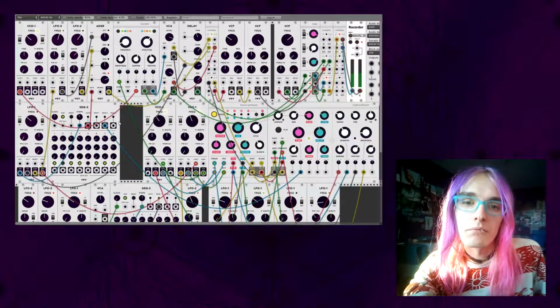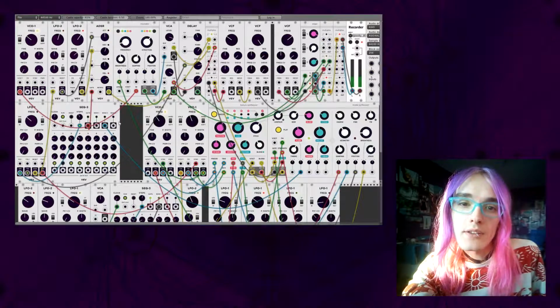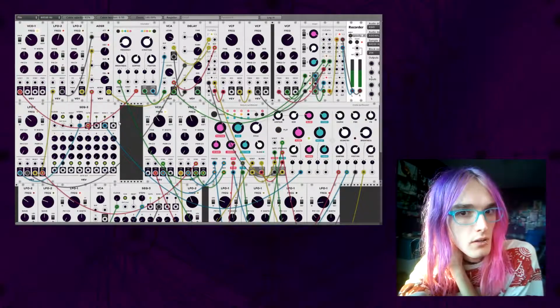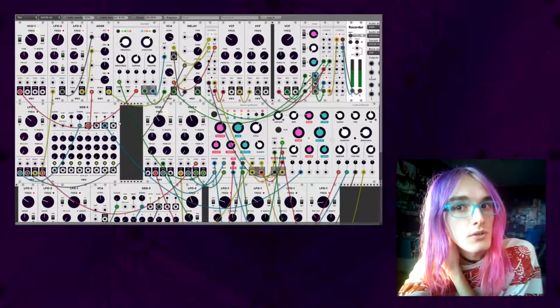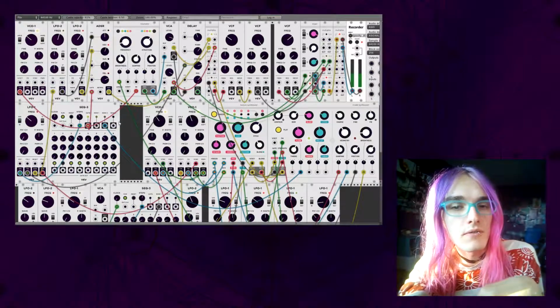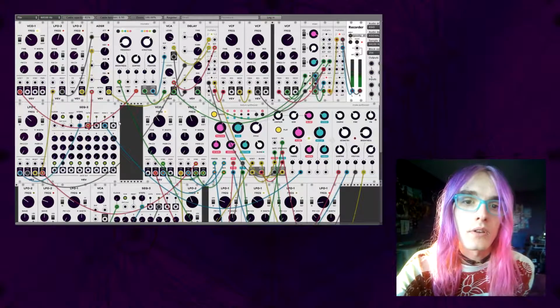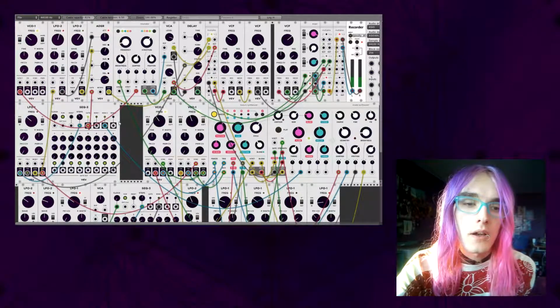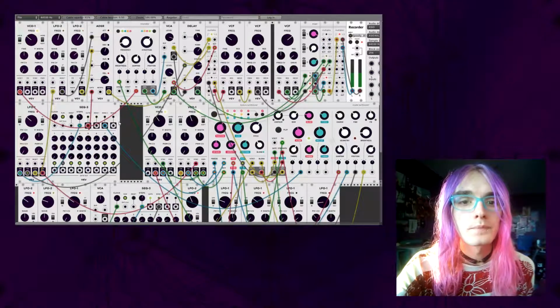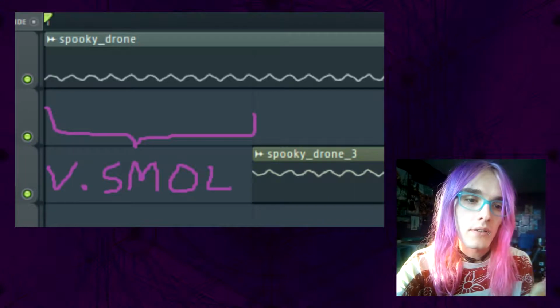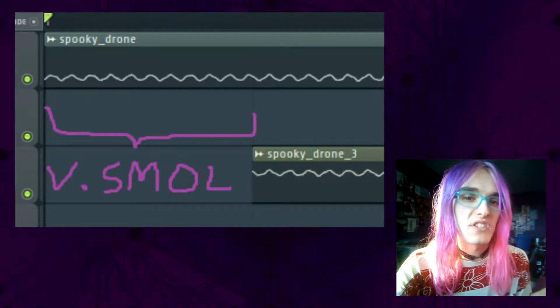So the other thing I want to say about VCV Rack is that if you don't have a good sound card, which I don't, it can only output 2 mono tracks. It's not real stereo, so I needed to do some post-processing in a DAW, just like I did with the previous video. The main thing I did was I copied the raw output of the patch to the DAW, and I placed one of the copies a teeny tiny fraction of a second after the first one started,